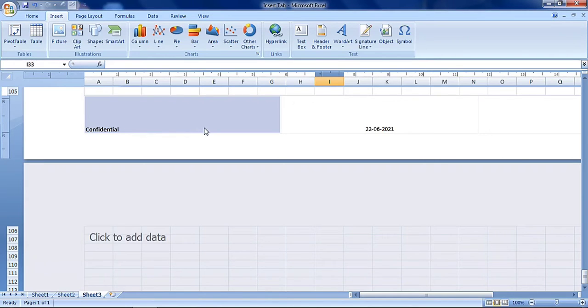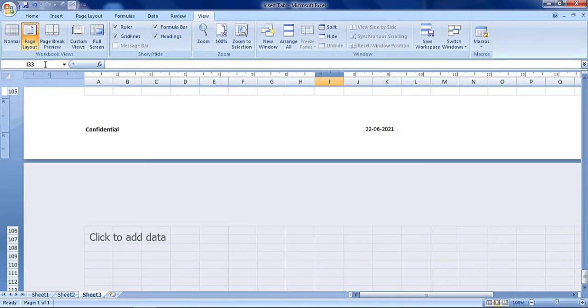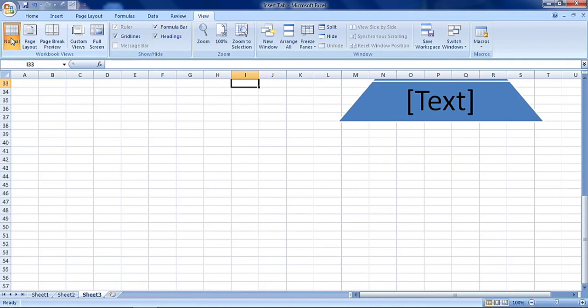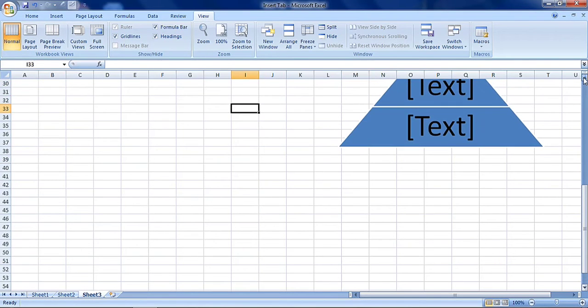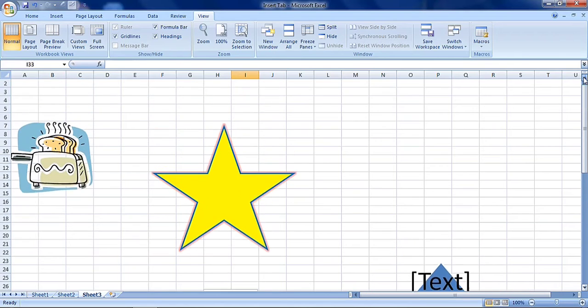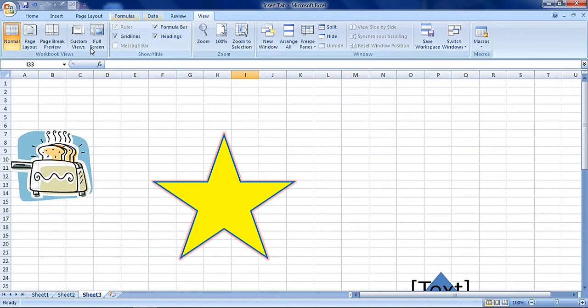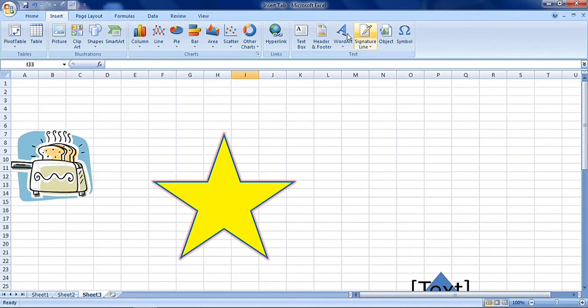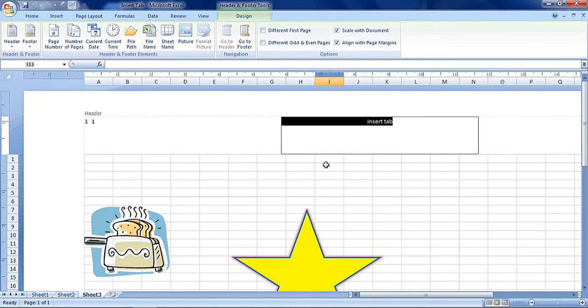When you click on footer and header, Excel automatically changes to page layout view. Then you can click on normal view. Again you can see the header and footer inserted here.